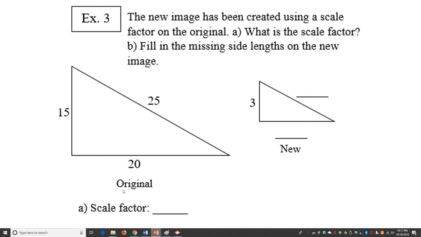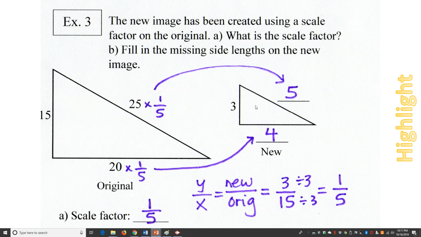Okay, we're on to the bottom left of the notes, example 3. We have an original image here that's been reduced to create a new image, and it's asking for what the scale factor is. So remember, we have to do 15 times something equals 3. So it's not 5. The scale factor is not 5. That's a common mistake. So in order to find it, we are going to do our new divided by the original. Think of our Y over X. So we have our new value of 3